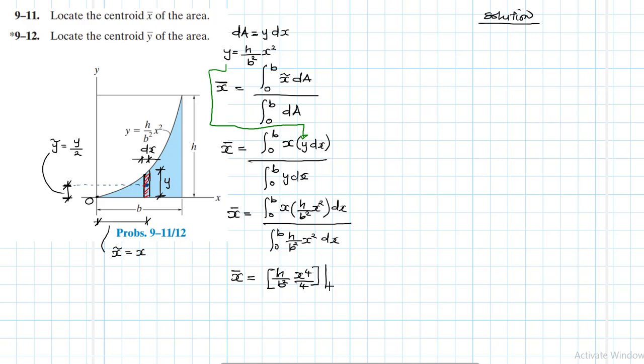We are integrating from 0 to b, divided by, at the bottom we'll have h divided by b squared, x cubed divided by 3. Okay,